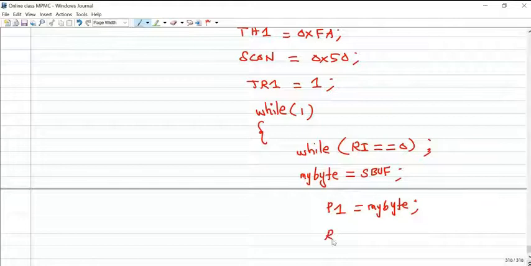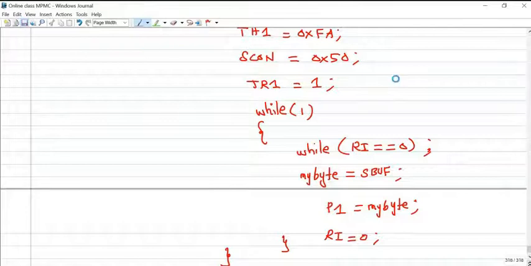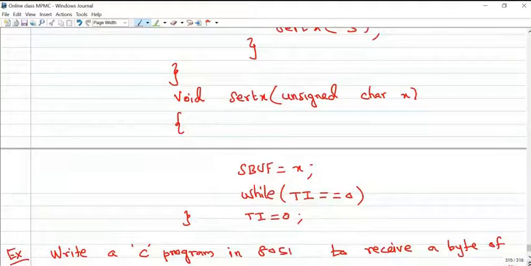Do not forget to make your receive interrupt equal to 0 for the next byte of data reception. So manually we have to reset the receive interrupt. While writing the program for transmitting the data, we have to reset the transmit interrupt flag bit as 0 for transmitting another set of information.